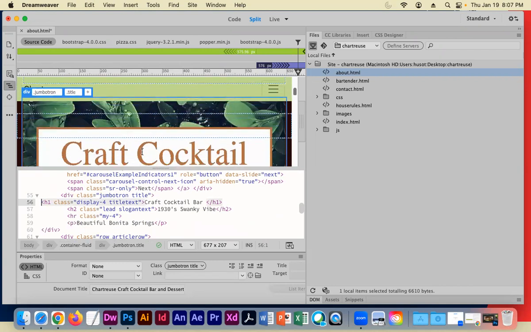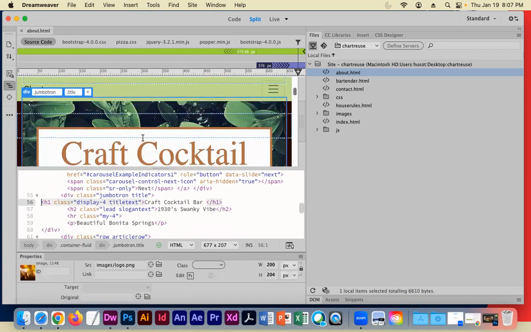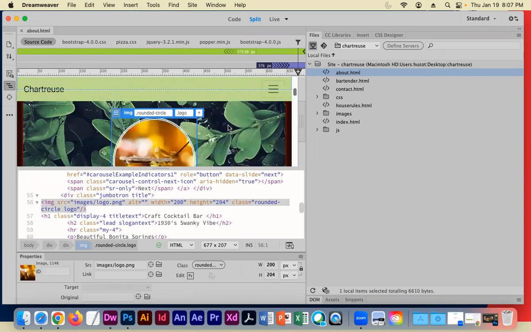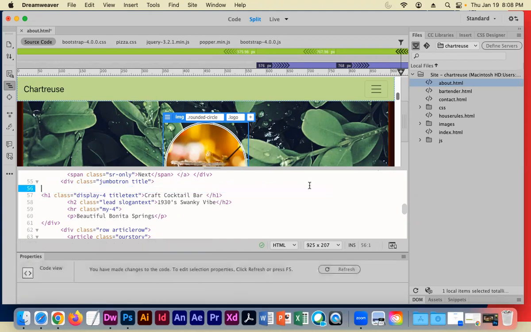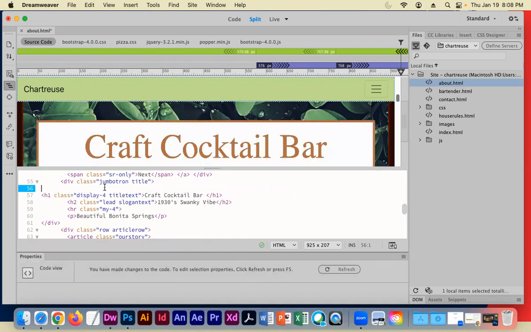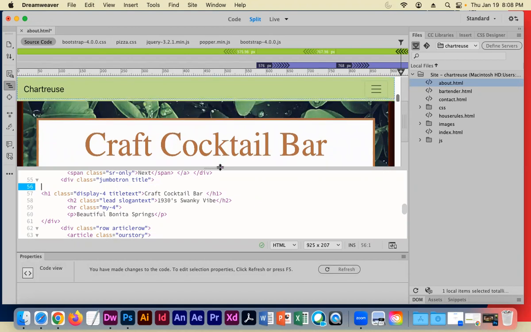And so now I just cleared out, I just deleted that circle. So you see the circle there? And so now I can expand this out because we're not in CSS anymore. I'm going to expand this out so you can see. And sometimes for live view, I mean, I could take the image out here, right? Just highlight it and get rid of it. I like to do it all in code. I will leave the spacer there just so that you can see that